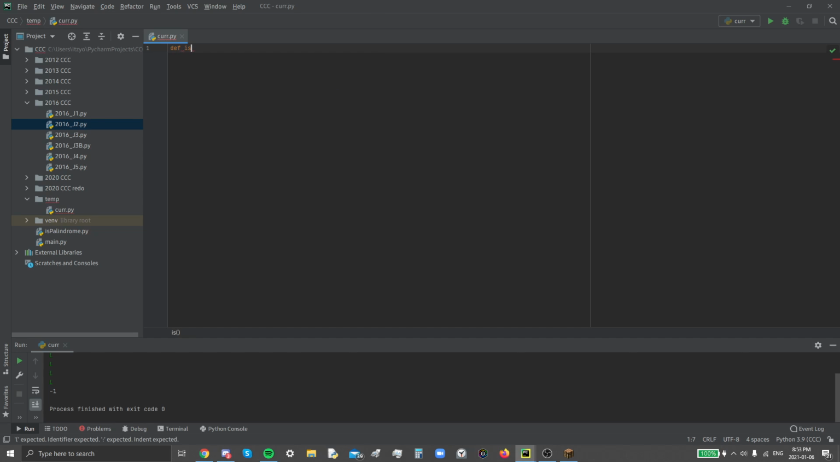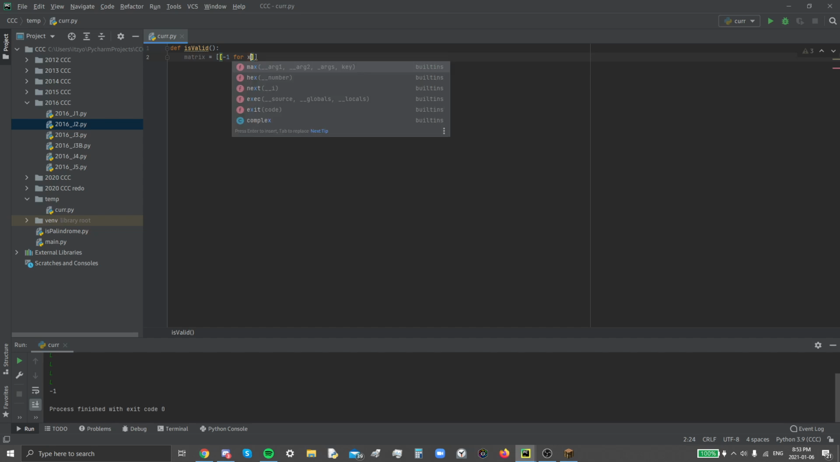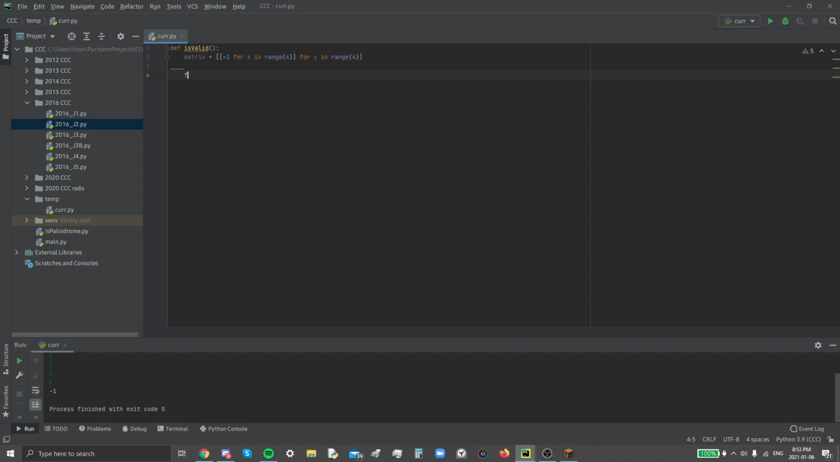I'll define valid. I can call it is_magic, but it's the same thing. My magic square is a 4x4 thing, right? It doesn't matter what I assign to this right now, but I have to assign it to something. So here I'm just repeating -1 four times, and then here, same thing, but I'm repeating this row 4 times, which makes the columns as well. So then,